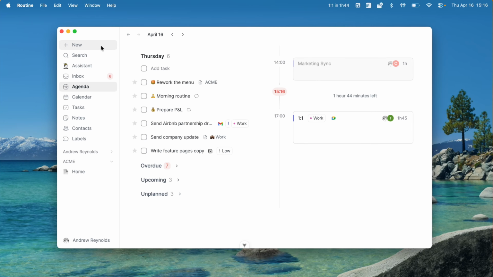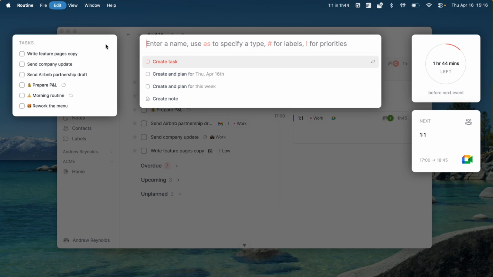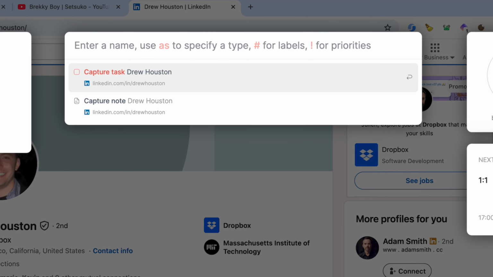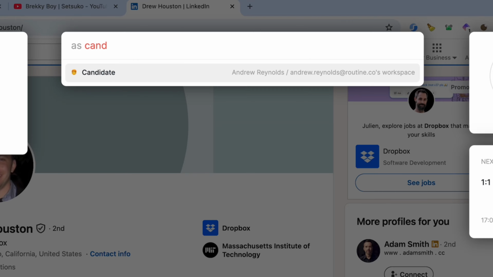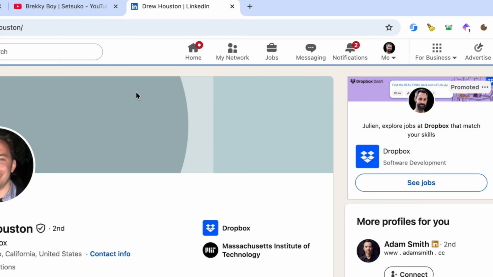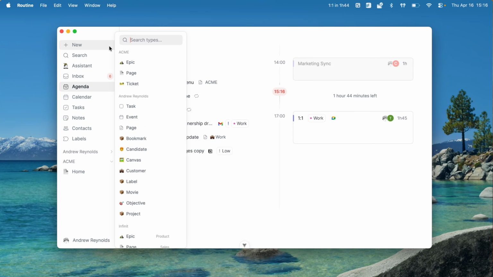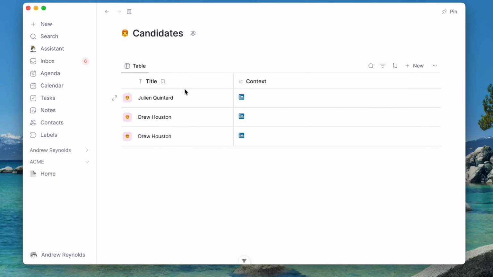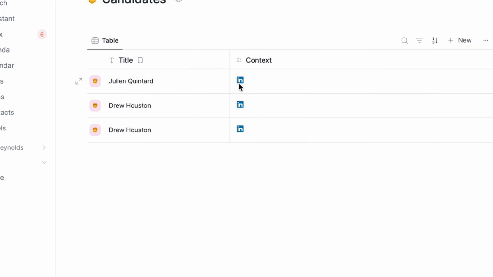What it means is that whenever you capture, let's say something like this, now I could say as candidate, and I would have the ability to capture this context here and attach it to the object of the type candidate. I do so, and then I go back and see all my candidates, which is my database of candidates. You will see that now, so I've done that before, you can see that there is the context